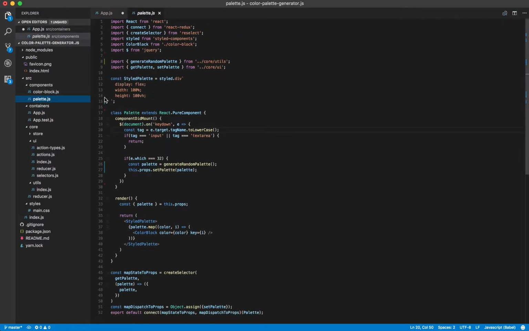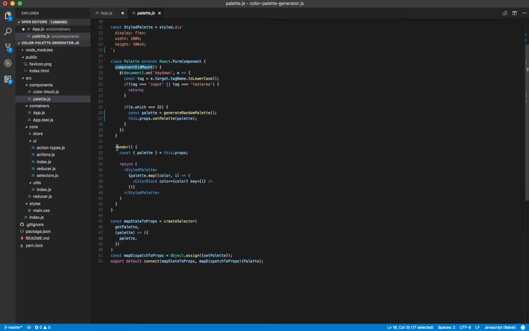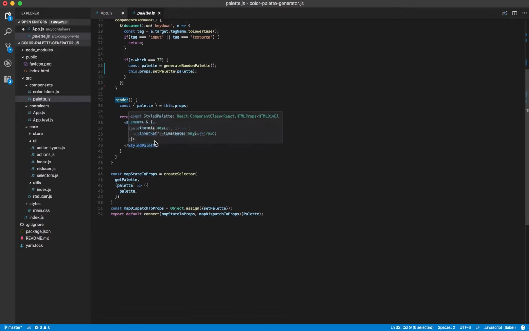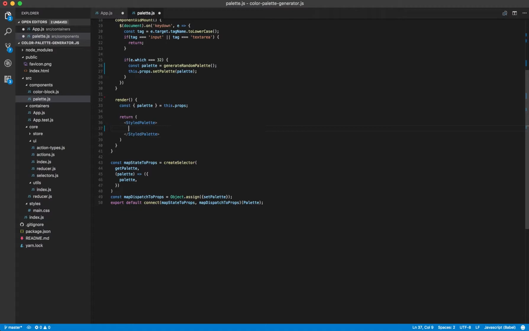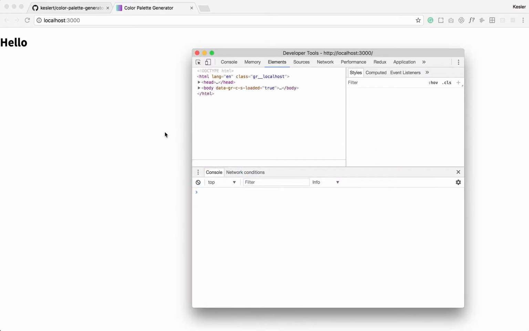This has a lot more code, but if you look at this line, we have a class that's a palette, and let's ignore component did mount and just focus here on this render. So let's again say inside the palette, and now if we go back here to the screen,